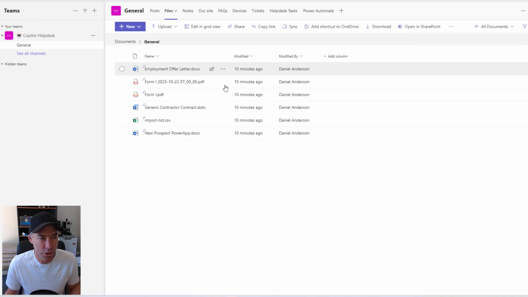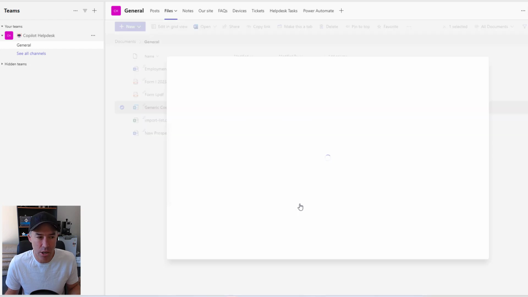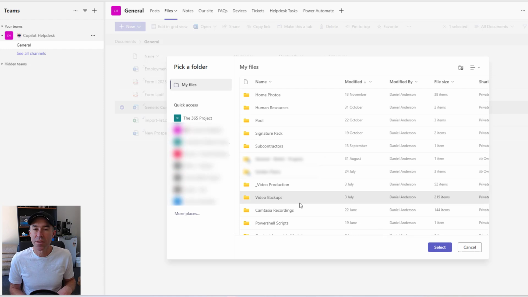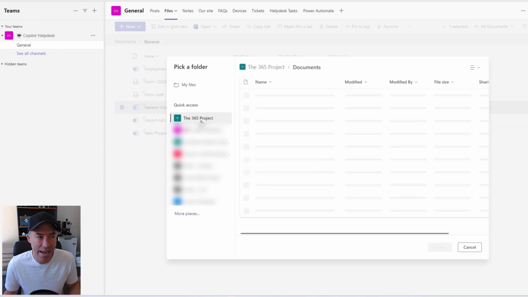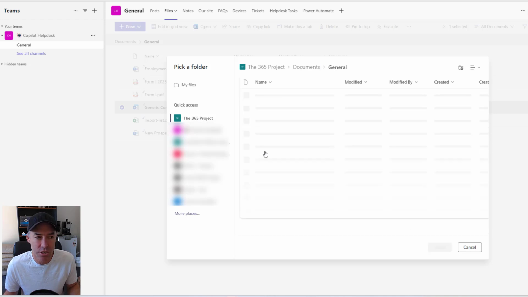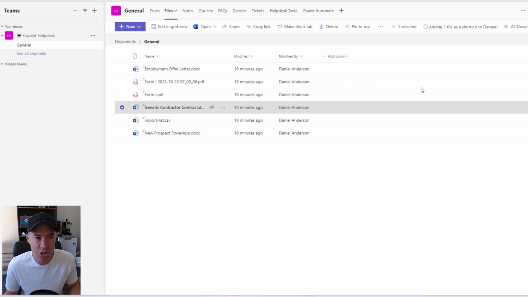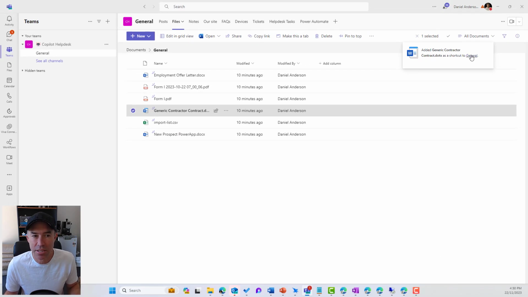Now the other option is the ability for me to add this to other locations. So if I click on other locations, I'm then presented with the ability to browse other sites and also other locations in my OneDrive to add this shortcut to. So I might want to add this shortcut to the Microsoft 365 project and into the general folder of this library. So I can select that location, and now that has been added to that particular folder